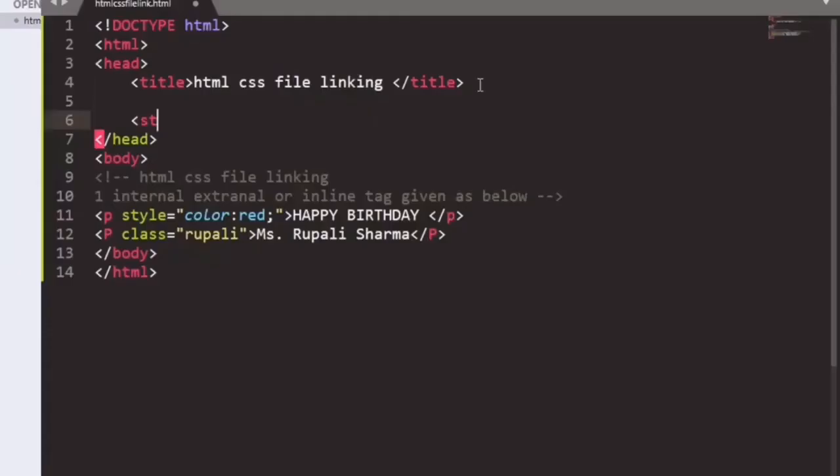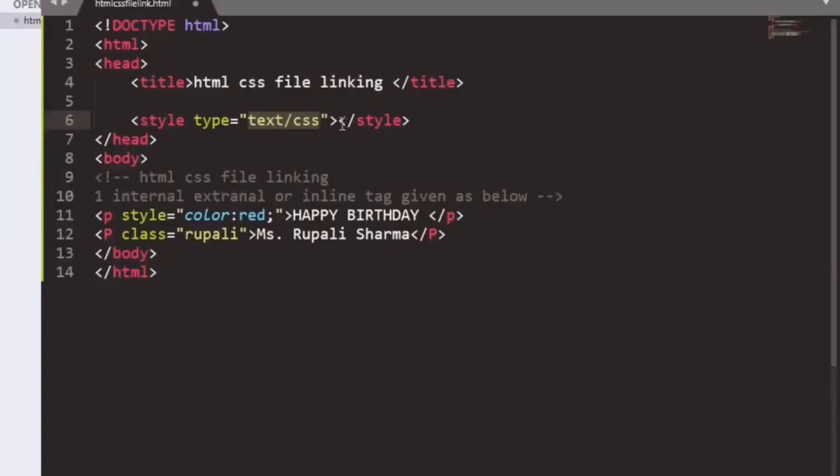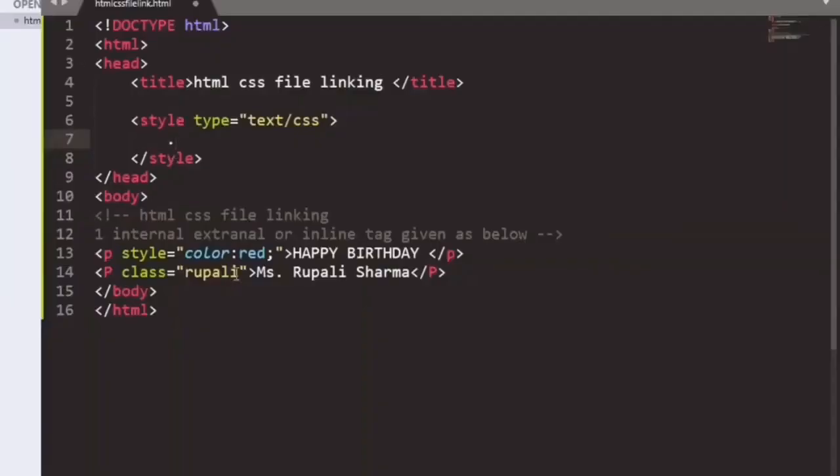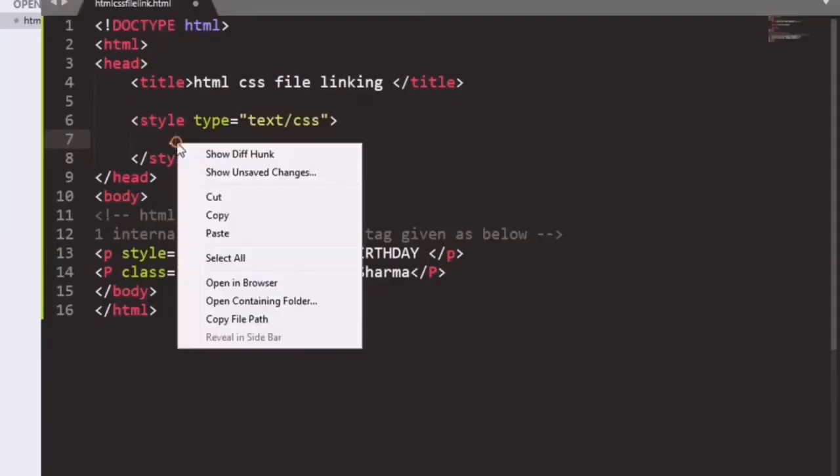Now we will write here style type text/css, which is the format of internal CSS linking. We'll copy our thing here.